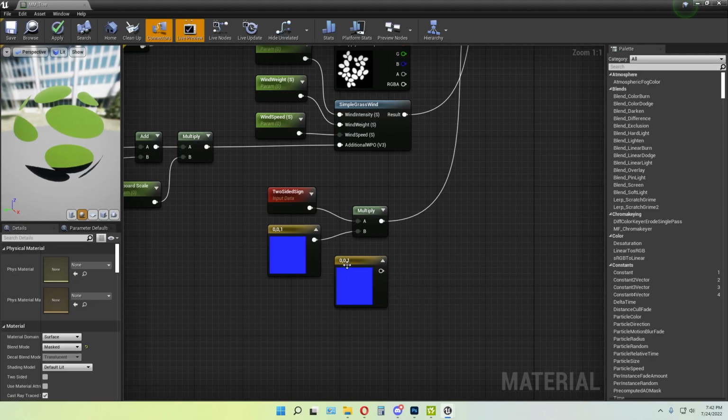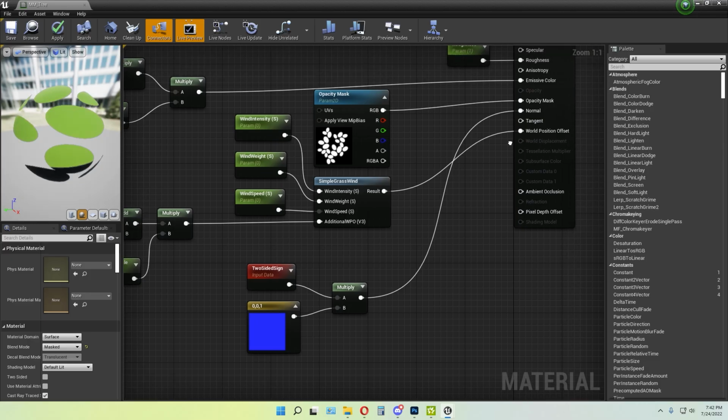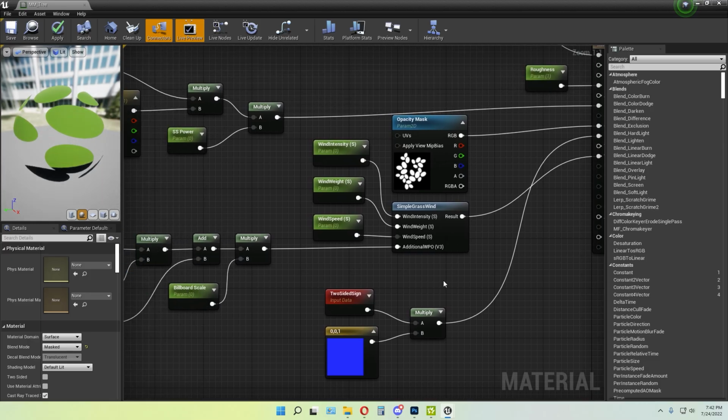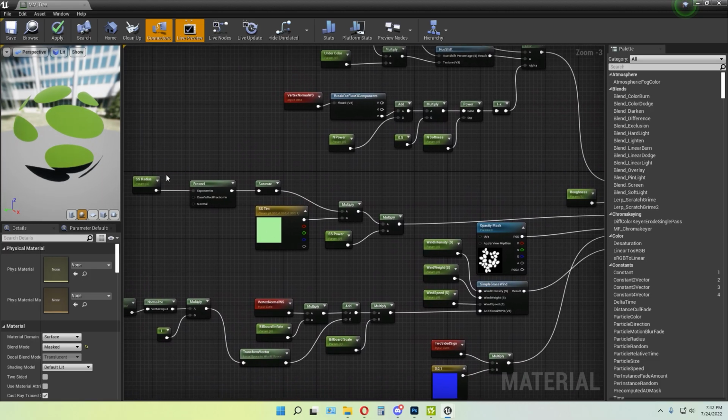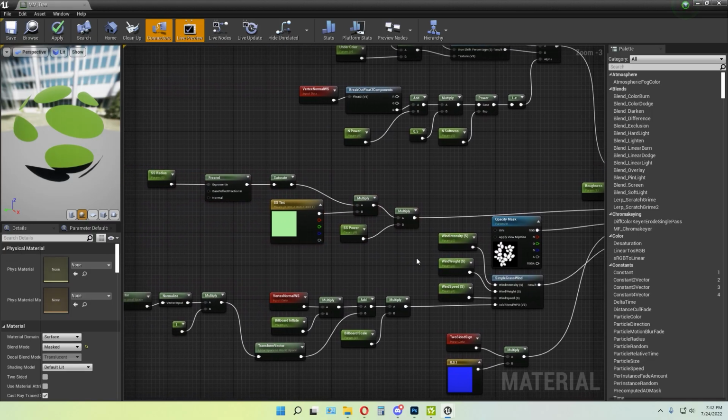And here we have the same one. Multiply, M on your keyboard and empty space. And plug into normal. So here in emission, we can see,